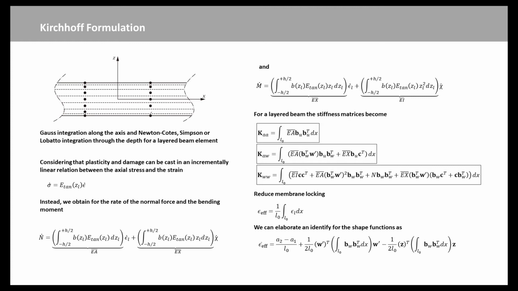Methods to remove or reduce membrane locking can be put on a more rigorous footing using the Hu-Washizu variational principle. This involves the membrane strain epsilon L being replaced by an effective membrane strain epsilon effective. Using a linear interpolation for UL and delta AC equal to 0, we can elaborate this identity for the shape